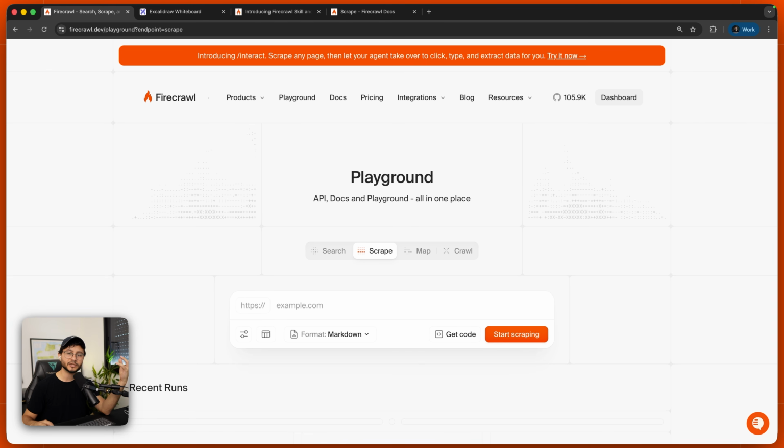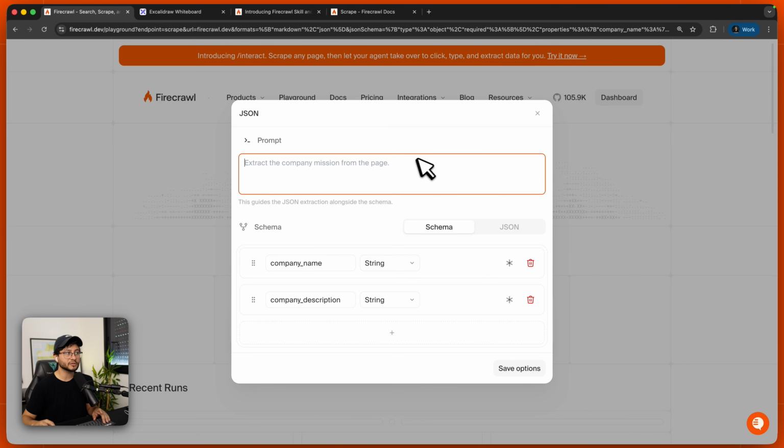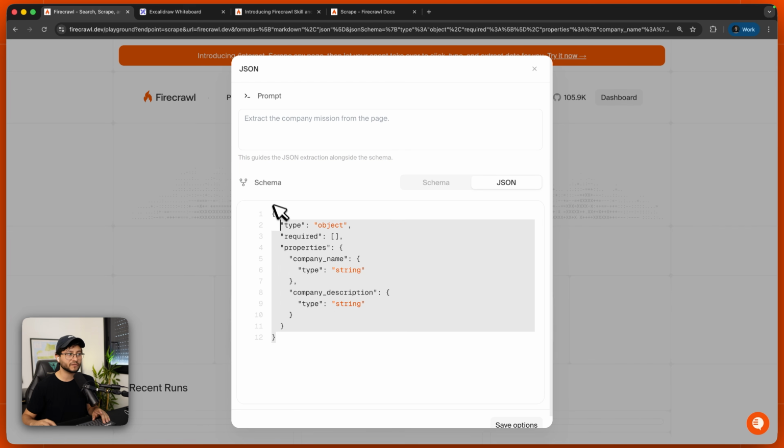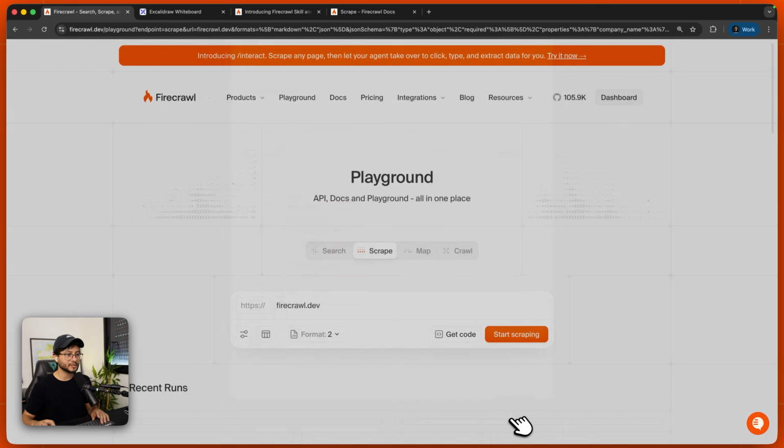This is something I use every time I want to implement with Firecrawl, just because it's a nice reference to understand which features are available. So if I type in firecrawl.dev, I can select specific formats. And to understand how JSON works, I can just select that and click on edit options. Here, you'll see I can type in a prompt, have a schema, which I can either define as a schema or just specify an example in JSON. And this is just one example, but in here, if I say extract anything, click on save options, and then